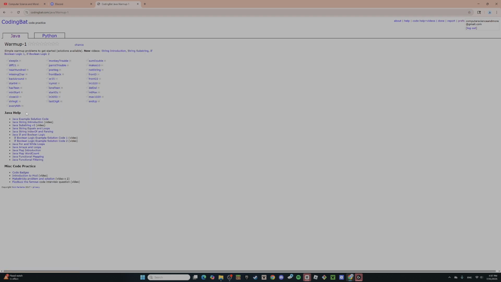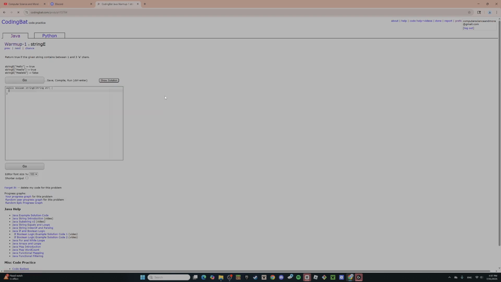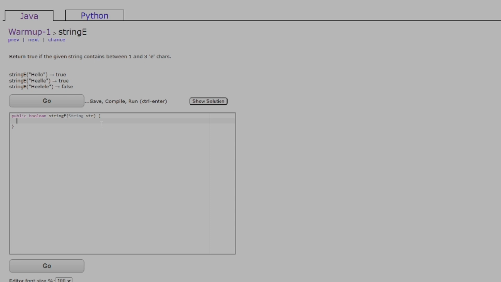Alright, the one we're gonna work on first will be string E. I feel like this is one of the easiest ones. Return true if the given string contains between 1 and 3 E characters. So basically, look at what the question is asking. It even provides you with examples here. So it wants you to return true if there's anywhere between 1 and 3 E's in the string that is